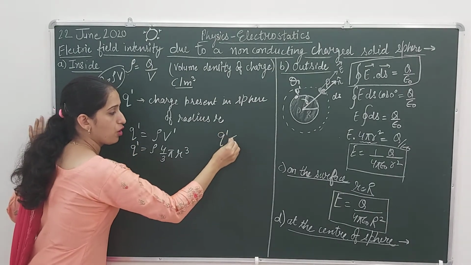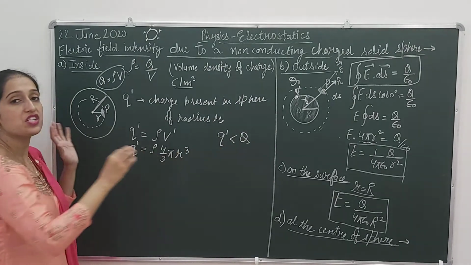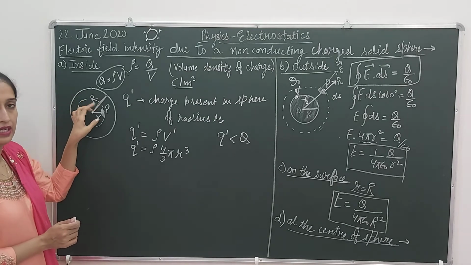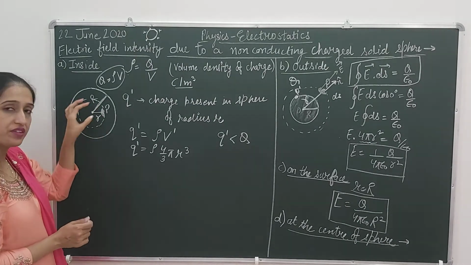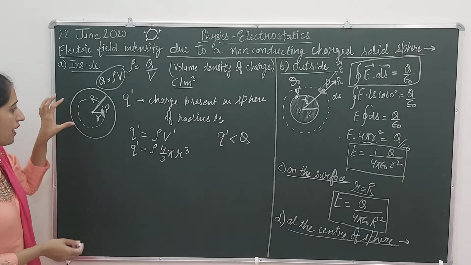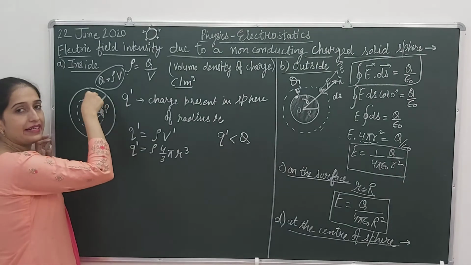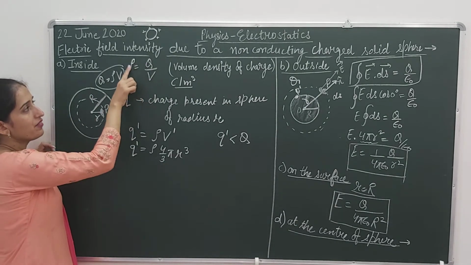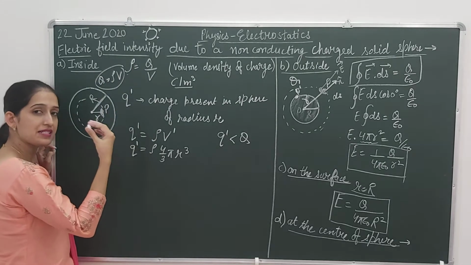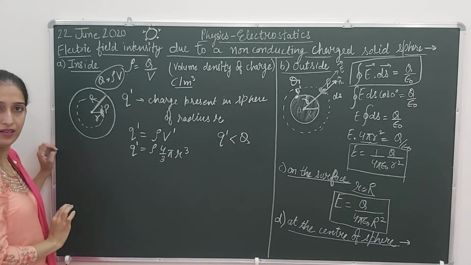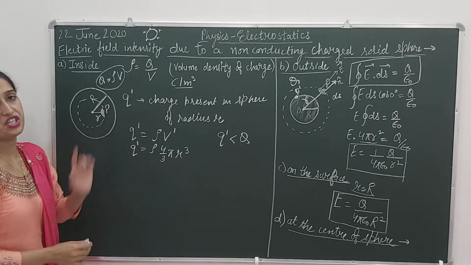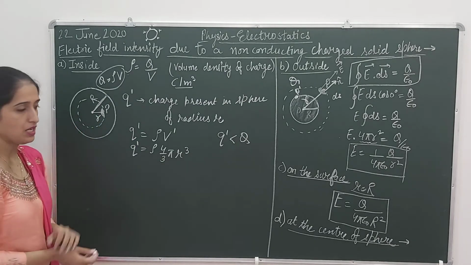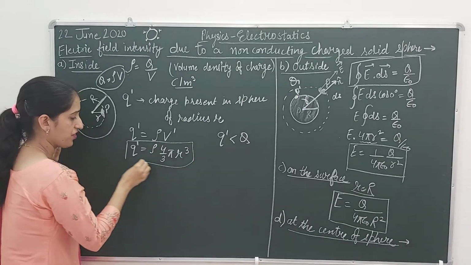Q dash is smaller than Q. Capital Q is the charge on the whole sphere and Q dash is the charge on this smaller sphere, as we are calculating electric field intensity on this smaller sphere. So I want to find out how much charge is present in this. I can calculate it by using the volume charge density. Q will be given by rho into V. Rho will remain the same for every point of the sphere. Volume will change according to the shape and size of the sphere. Small r is its radius, so it is given by this. So this is the charge.